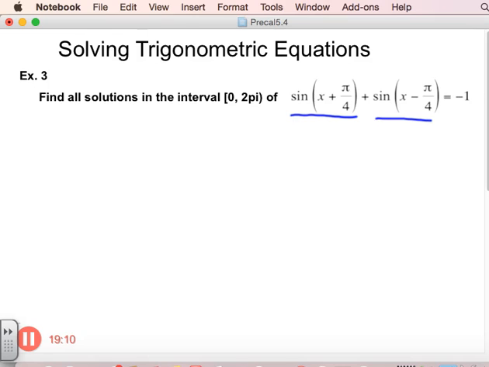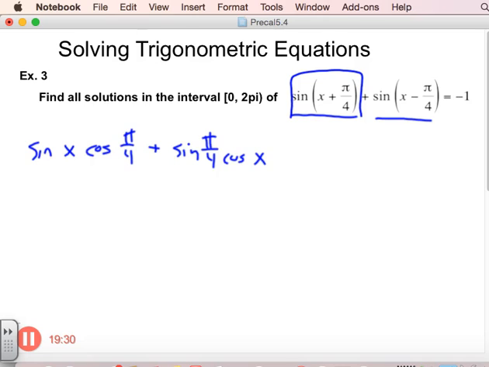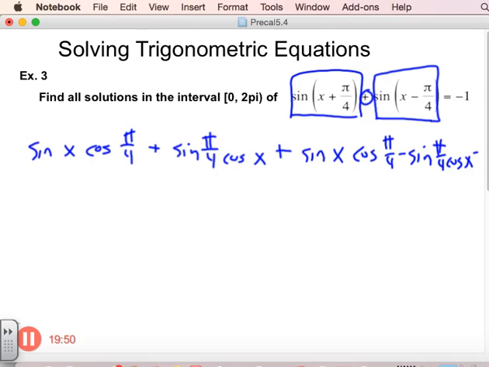So we've got the sum of sine, the sine of x plus pi over 4. For this was the first right here, we're taking this and using our sum formula. So the sine of x times the cosine of pi over 4, right, plus the sine of pi over 4 times the cosine of x. All right, now use the second formula. So this is add, so we're going to add, and then we're going to do the second formula for this part. So the difference formula, sine of x times the cosine of pi over 4. We're going to subtract this time. Sine of pi over 4 times the cosine of x, and it's going to equal